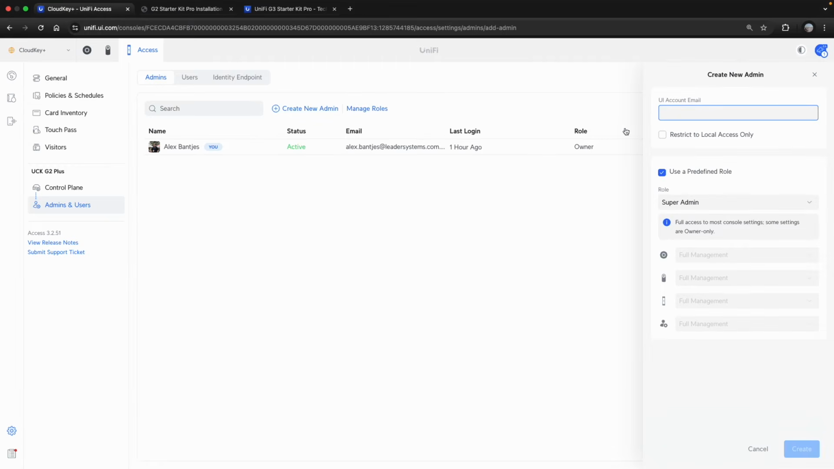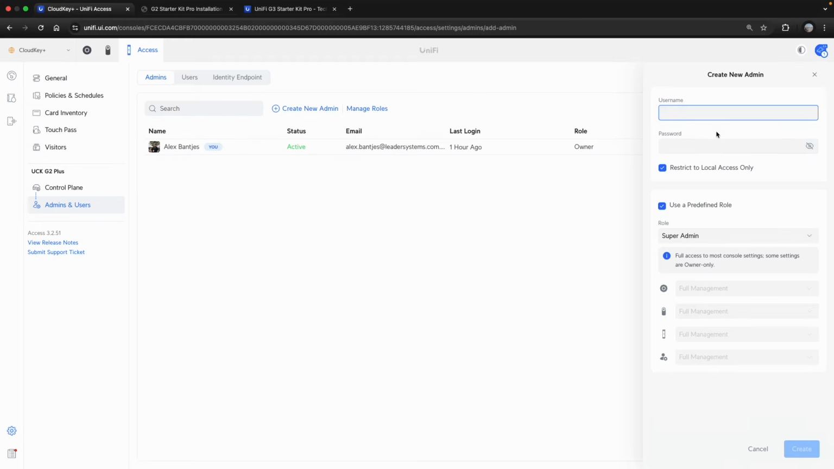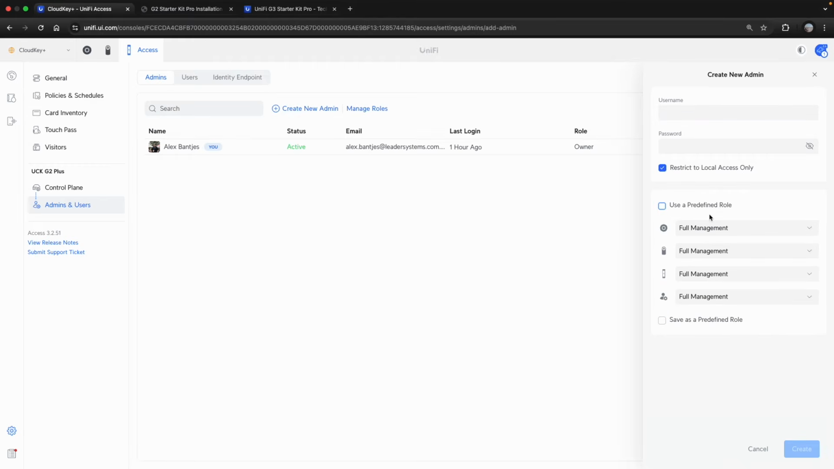When you're creating them as an admin, it will prompt you to create a UI account. In this instance, if we want local only, we just say restrict to local only access. We can create a username and password for that user if we wish, although it will just basically pertain to the credentials that they have. We can also choose to use predefined roles, or we can go create our roles as we see fit. Of course, for this, we would want to do that if it's a local only account. So I'll just go